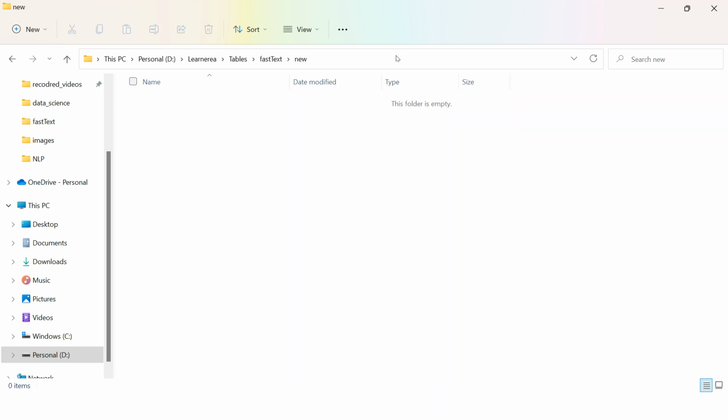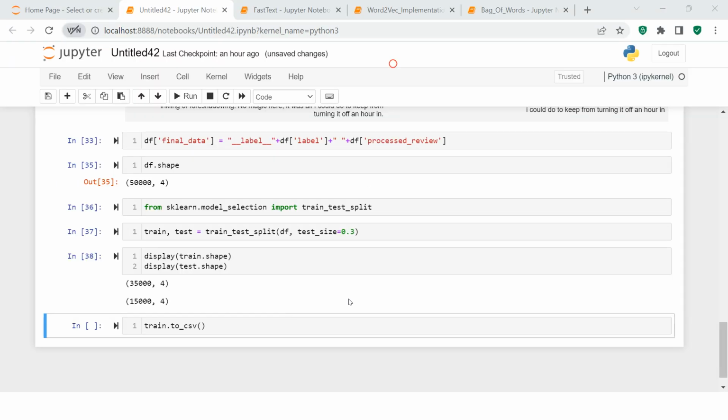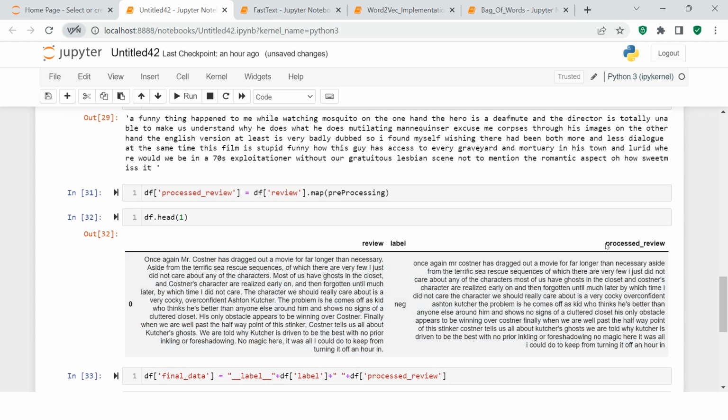Inside that I have this folder. Okay, so I'm just going to use this location to put my data over here, and here I would say train reviews dot CSV, and the column which I want to export, the column which we're gonna use as input is this,